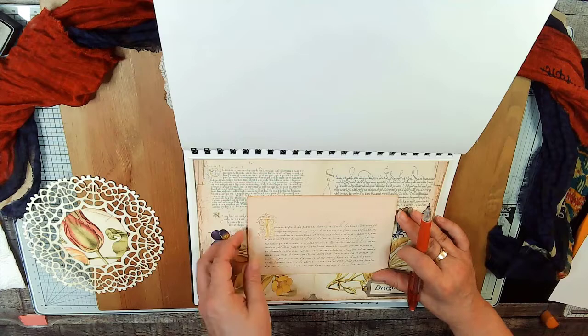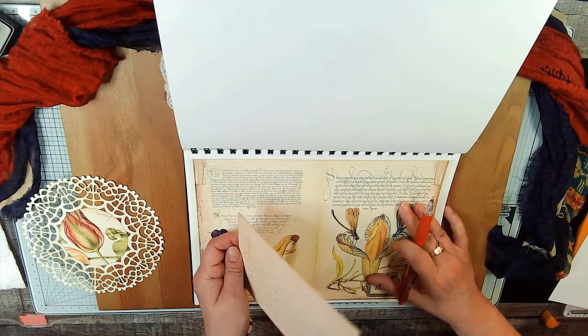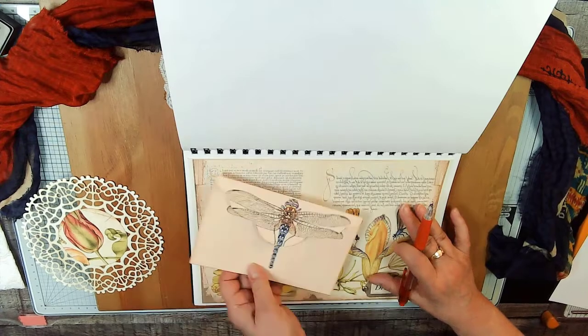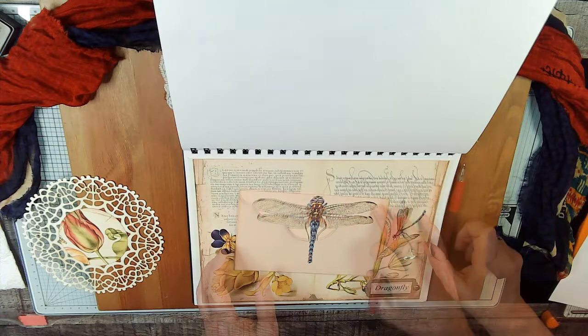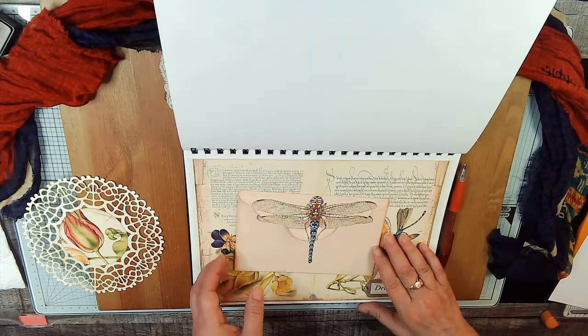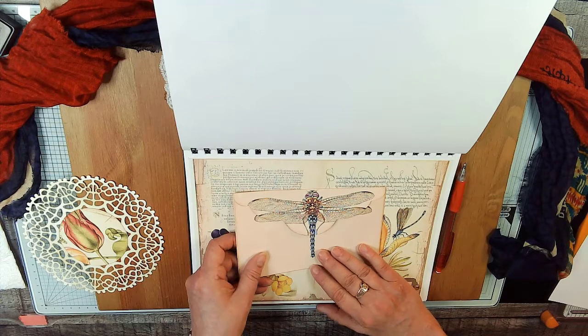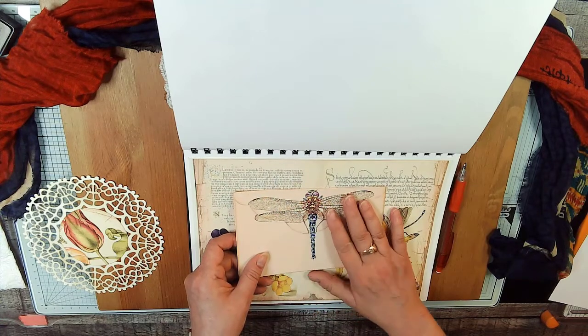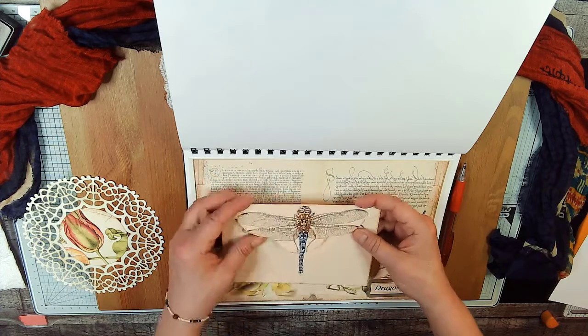Okay. And then we've got this very large envelope. I love this kit. This is Calligrapher's Garden again. And when you flip it over, the envelope has a big dragonfly on it. There's our insect. Okay, sorry about that. On this side of the envelope is a large insect, which is the prompt for the day, which is a dragonfly. When you open this,